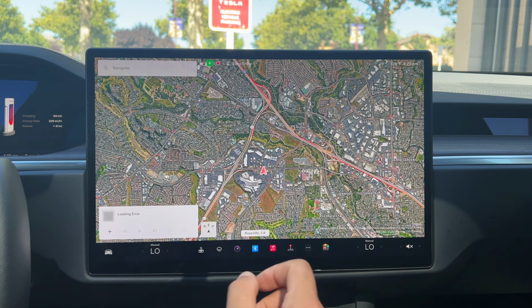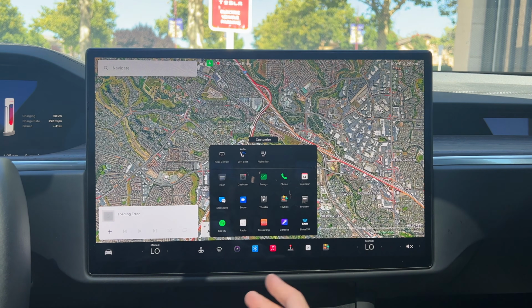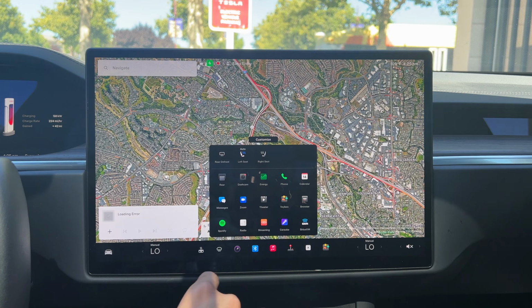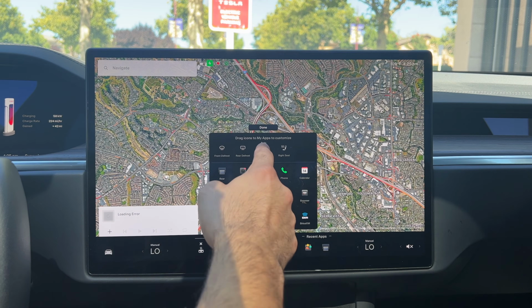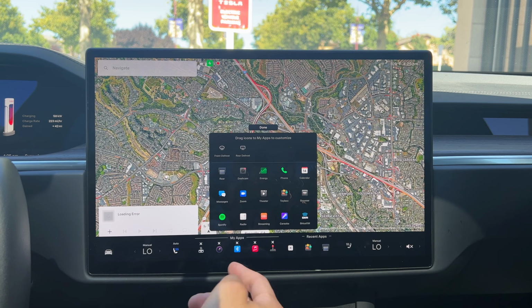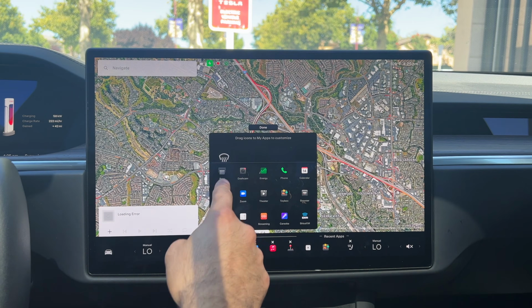All right, here we are, and this is the user interface. Now, these little widgets down here, or apps I should call them, they're actually fully customizable, because if you tap on this little icon, you can either tap customize, or you can actually click and drag the icons you want to have quicker access to, like your auto seat ventilation. You can always just click and drag it like so, and you can organize them to your own